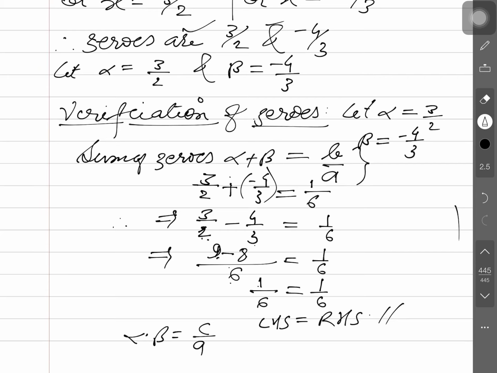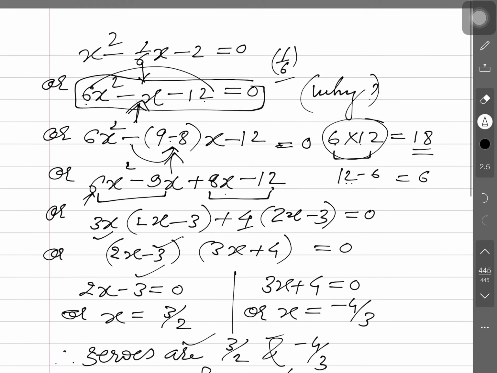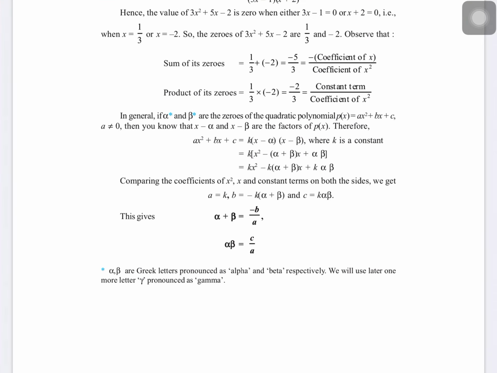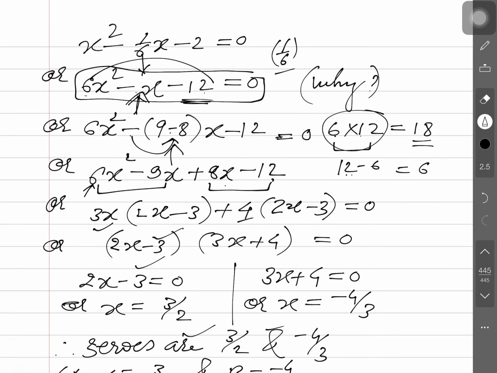Okay, now product of zeros. What is the product of alpha into beta? C by A. Where is C? C is here, you may see, minus 12 and A is 6. So what is that here? Look, the next concept is there. So alpha into beta, product of zeros, C by A. Alpha is what we found here, 2 by 3, and beta is what we have, 4 by, sorry,